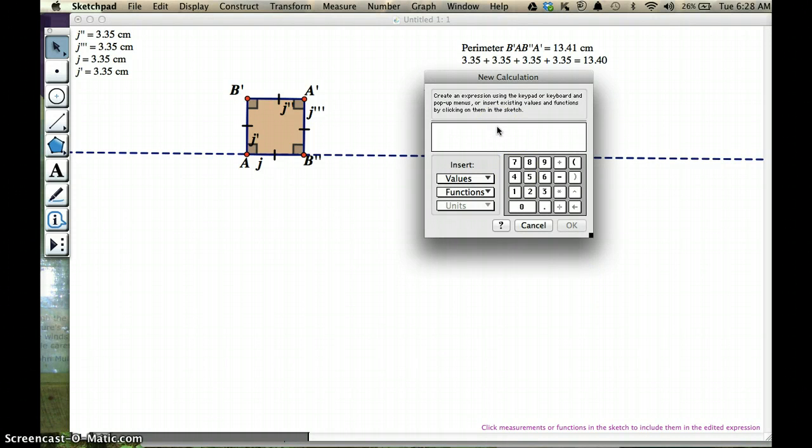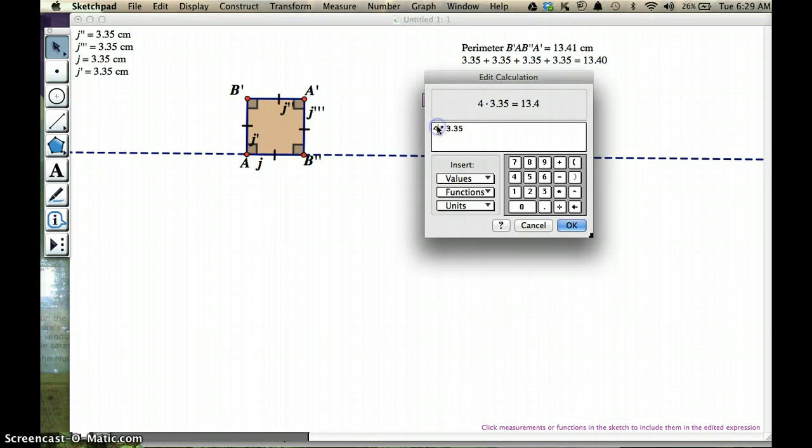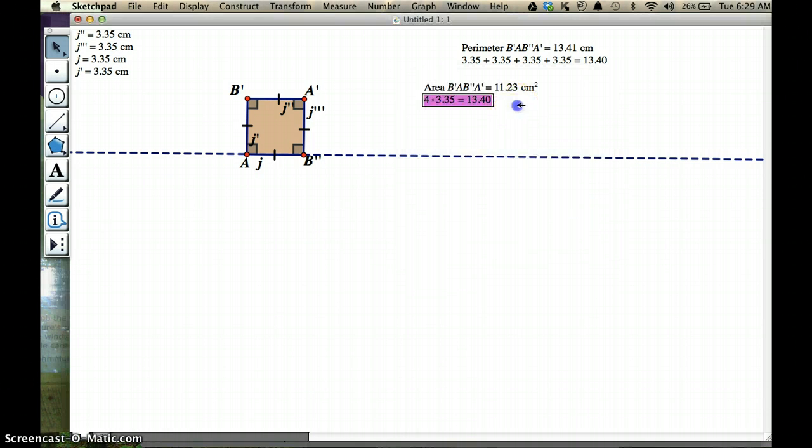Calculating the area is 4, because of our 4 sides, times our side lengths. Oh, no, I was wrong. Or was I wrong? No, I was right. So I'm not quite